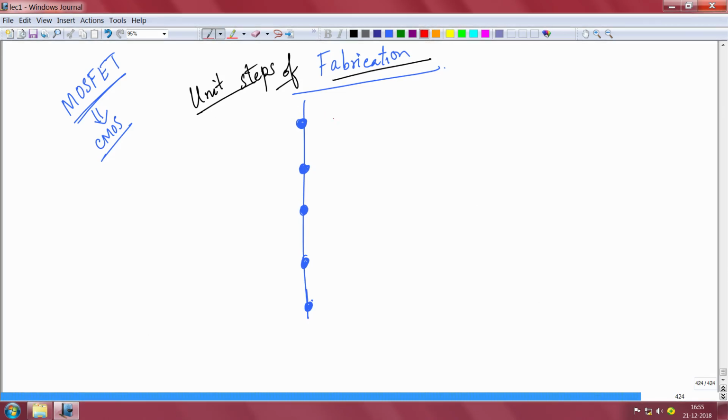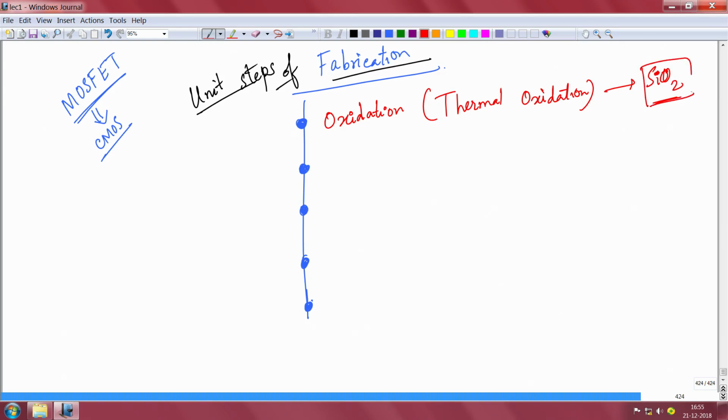one of the unit processes is oxidation. When I say oxidation, I typically mean thermal oxidation. This process is used to grow a silicon dioxide gate dielectric, for example. There are other approaches to growing or depositing silicon dioxide, but thermal oxidation gives you very high quality, and it is primarily used for making the gate oxide. If you want to use silicon dioxide as an interlayer dielectric or in other layers, there are other techniques.